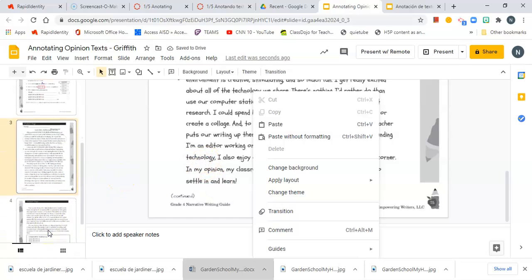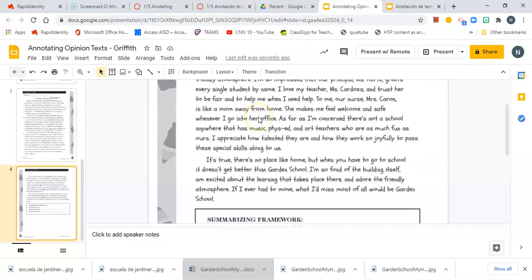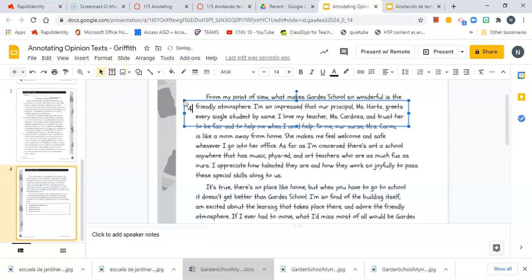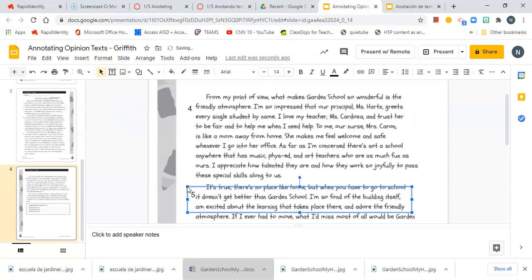I'm going to go to slide 4, where we finish the reading and the annotating. So this is going to be paragraph 4, text. Put paragraph 4. And again, text tool, put paragraph 5. So we numbered the